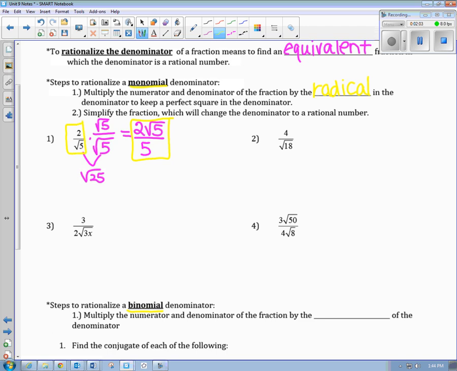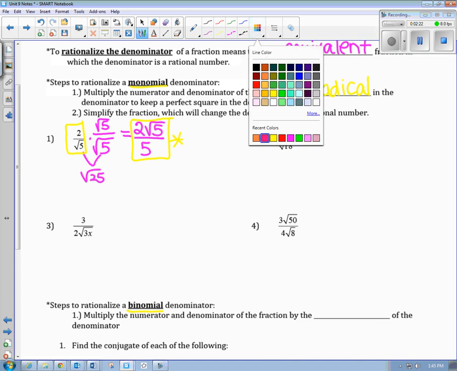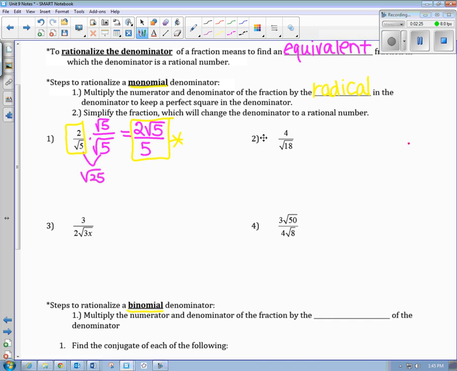Technically, the two that are squared off in yellow are equal to each other. If you type them into the calculator, they have the same exact value. This second one, our final answer, is the preferred one because it's considered simplified. There is no radical in the denominator anymore. If I apply that same idea over to question number 2,